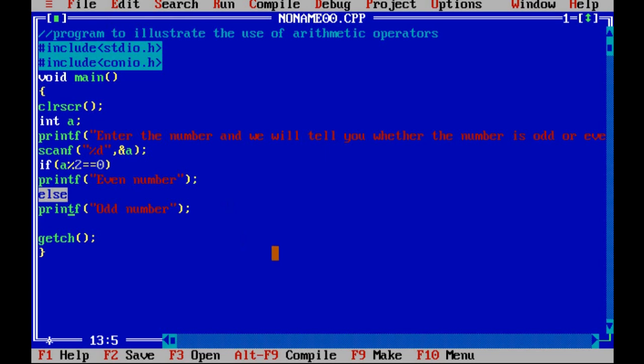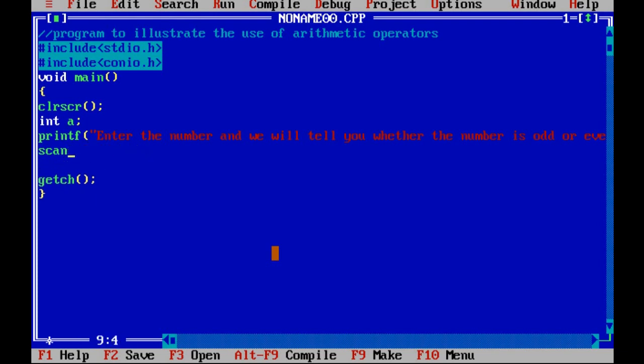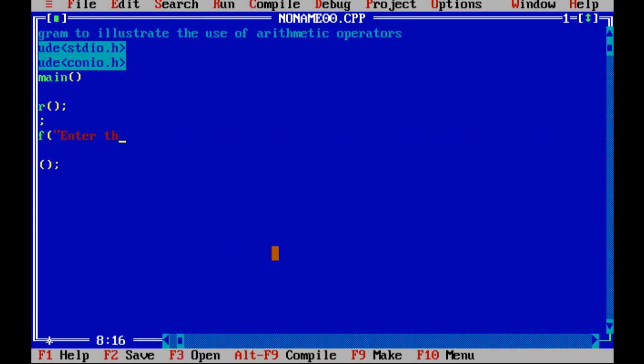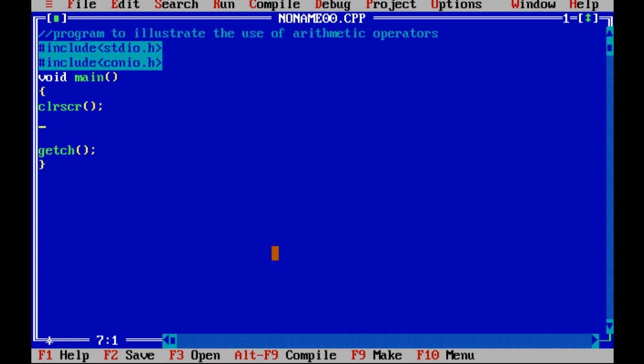Now another topic which I have to discuss right now along with the arithmetic operator is that in your textbook it's given that there are 3 types of arithmetic: integer arithmetic, real arithmetic, and mixed arithmetic, or mixed mode arithmetic. Yeah, 3 things. Now it's a very simple thing that, for example, they have written a whole program for that. I will also type the same thing.